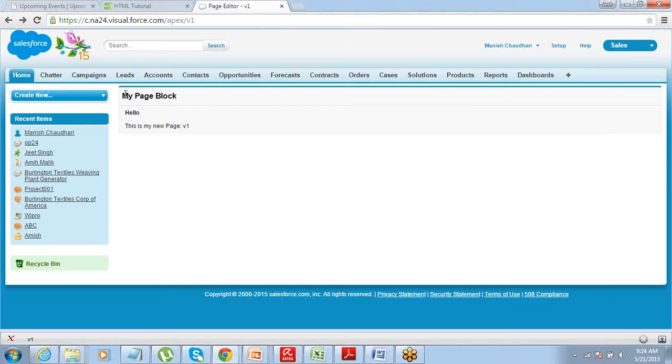So we use a controller in case I want to connect the page with the backend database, so that the controller can control what data comes into this page. That's one. Secondly, if I want to create a button which I can click to perform some action, then again I need to use a controller, right? But at this point of time, neither am I displaying data from the backend nor performing any action, so I do not need a controller. So let's understand a little more about the controller.